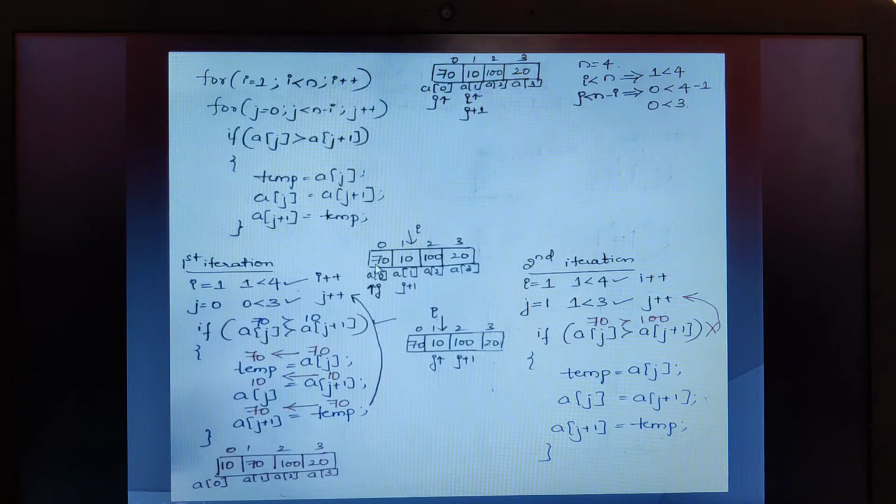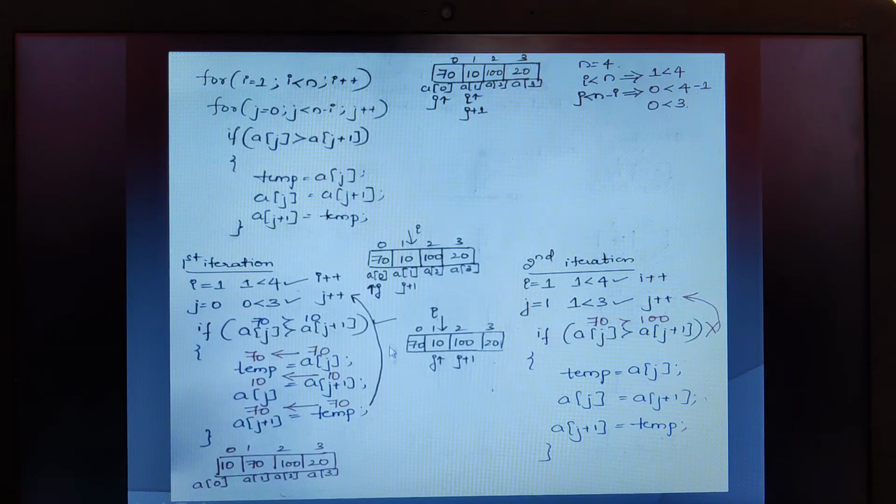It is being moved into a of j, that is a of 0. After that, whatever was there in the temporary variable should move into a of j plus 1. When this swapping takes place, we get a new array after exchanging as 10, 70, 100 and 20. This is how the sorting or the swapping takes place.